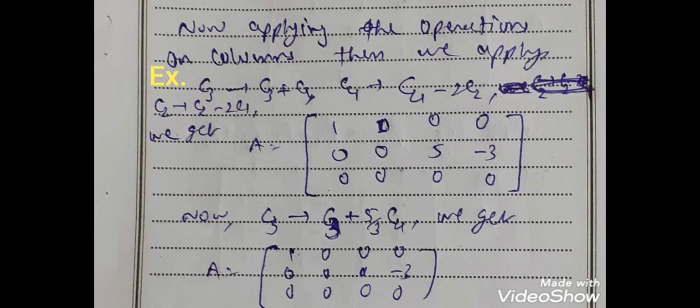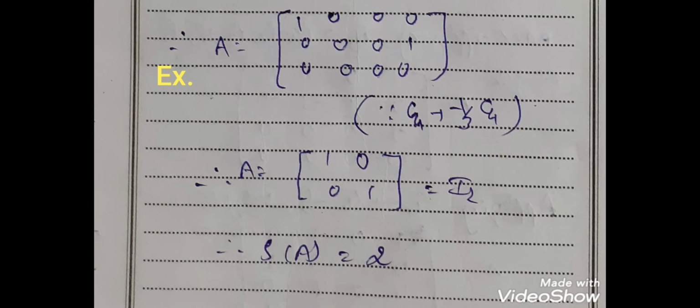So it's a submatrix of A, and it converts into a 2 by 2 matrix which contains the elements 1, 0 in the first row and 0, minus 3 in the second row. So we can write the 3 by 4 matrix A as 1, 0, 0, 0, 0, 0, 0, minus 3 and 0, 0, 0, 0. But if we multiply the fourth column by -1 by 3, then we get the element 1 instead of -3. So it converts into 0, 1, 0. So we remove the second and third column and third row, then we get a matrix in the order 1, 0, 0, 1. That is an identity matrix of order 2.